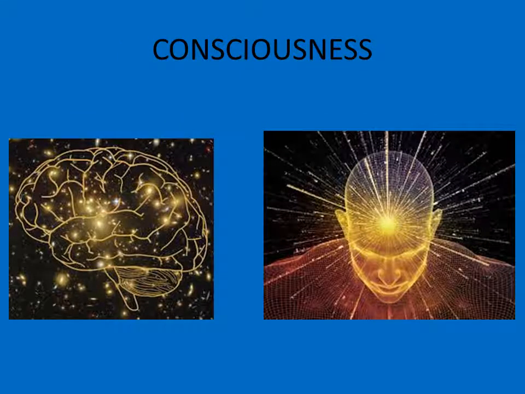The next characteristic of living organisms is that they have the power of consciousness. They can recognize the incidents or circumstances which they faced in their life. They have a special type of cells known as memory cells, and these memory cells store the information that remains in the subconscious mind of the living organism.